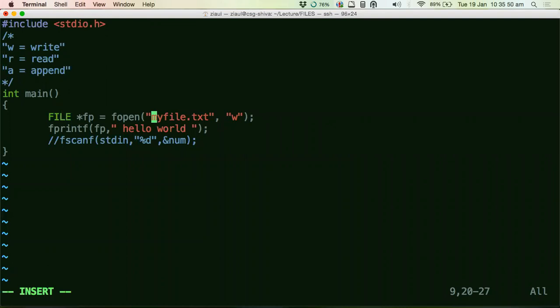So every time you want to operate on a file, that's my point. When you use printf, it by default operates with stdout. printf does not work with any other files. But fprintf works with any file. So to work with any file, you have to use fprintf, not printf. printf is only used for standard output. fprintf is used for any generic file.